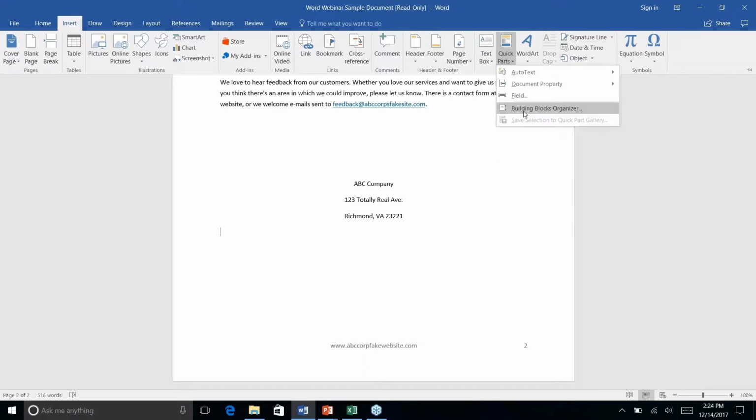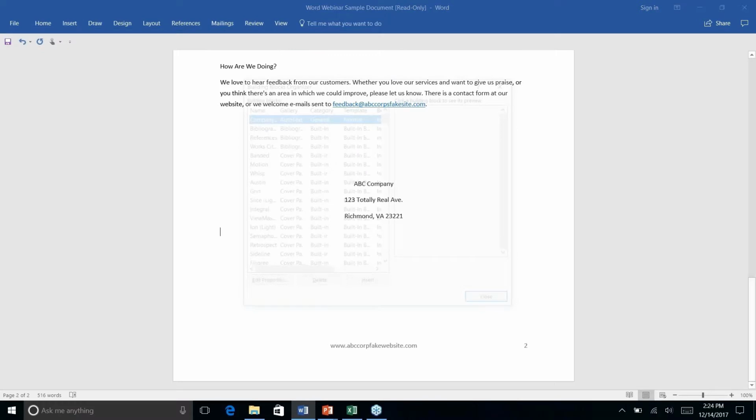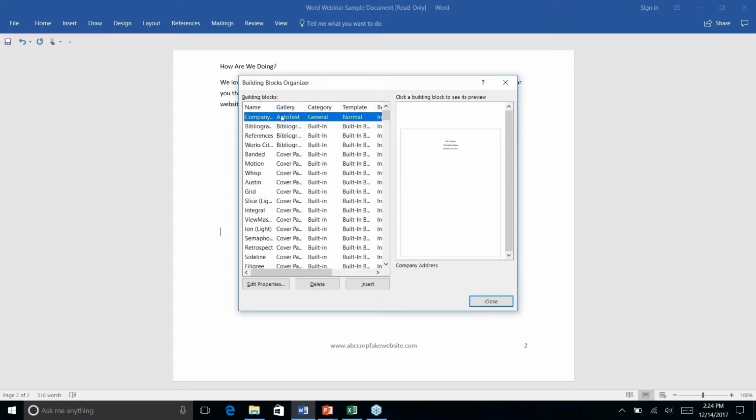Now, I did mention the building block. So that individual element is called a building block. That's what it's referred to. It's what Word has named it. So let's say that the company moves and you open a new office, maybe you want to edit that. It is very nice that it